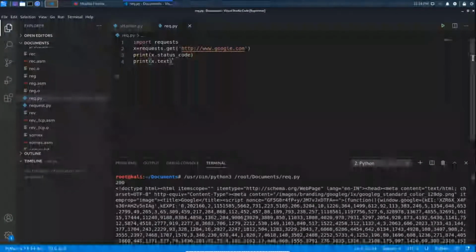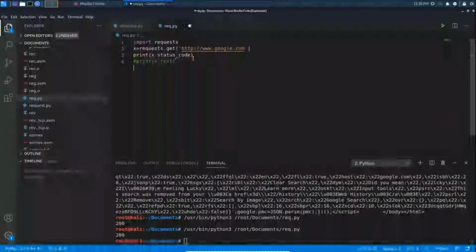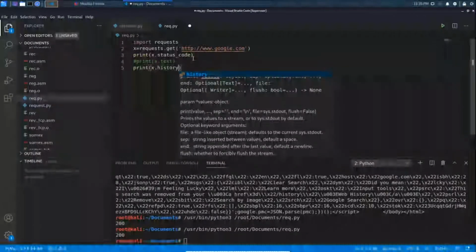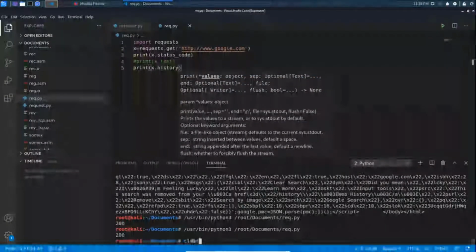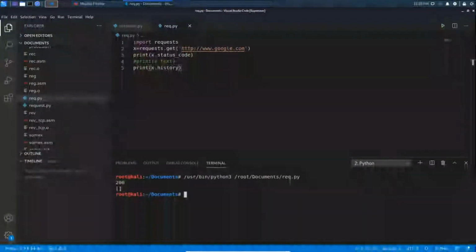See, it gives so much of a mess. Let me think. Okay, let me put this in a comment in order to understand it in a better way. Okay, it is 200, and you can print the history by using the history method, if you want to print it.